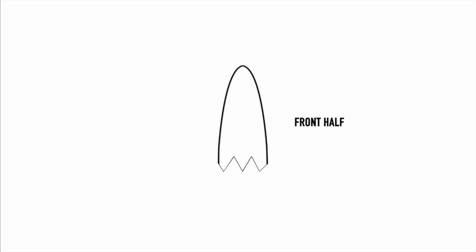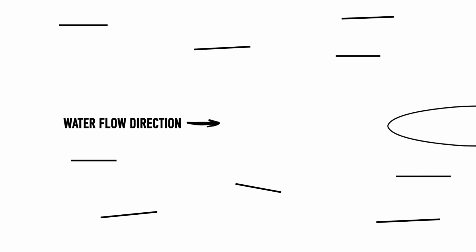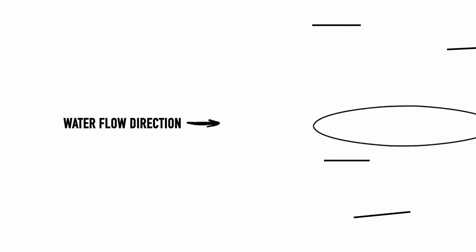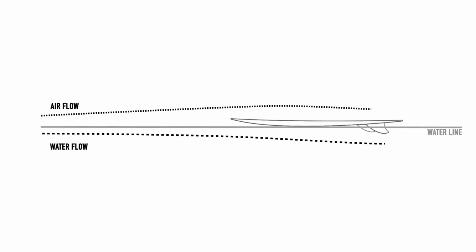The front half is at its greatest influence during paddling, as it's where our shoulders and chest may lie, whereas once we're on our feet we mostly surf from behind the midway point. The front is also the first point the oncoming water flow will contact our board, and in the same way a car or aeroplane needs to efficiently move through the air with as low drag and turbulence as possible, a surfboard does too. In fact, a surfboard has to pass through two different densities of fluid, water under the board and air over the board. But for this episode, let's stick with the water.